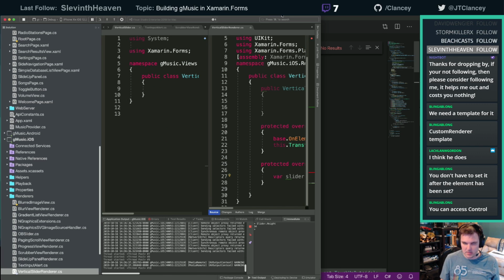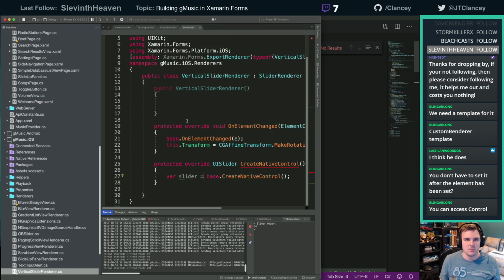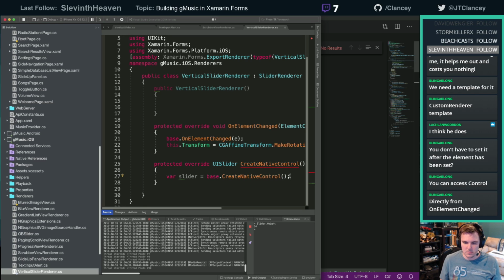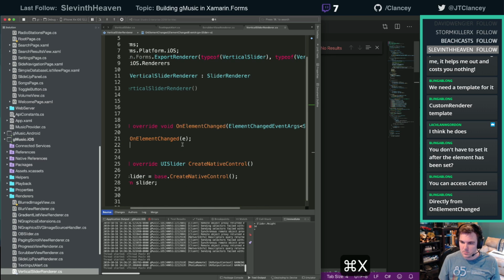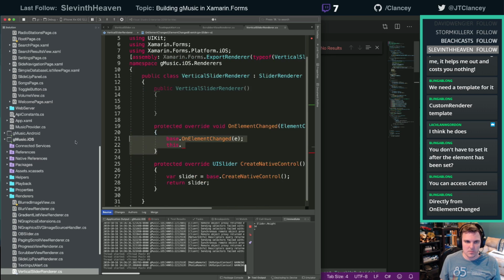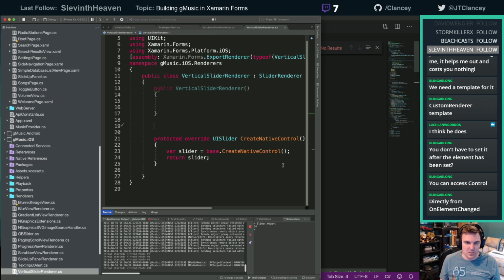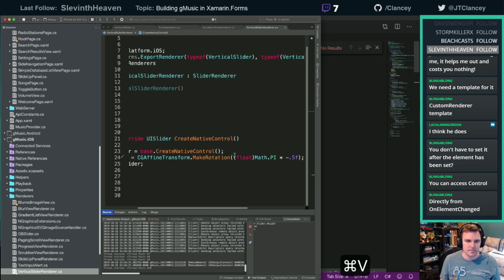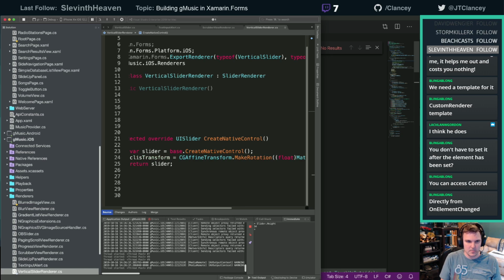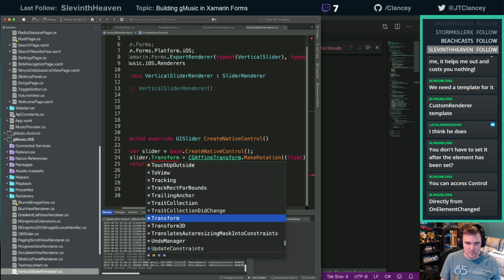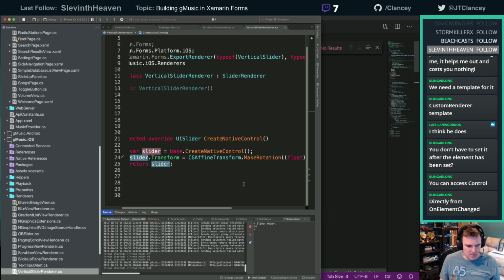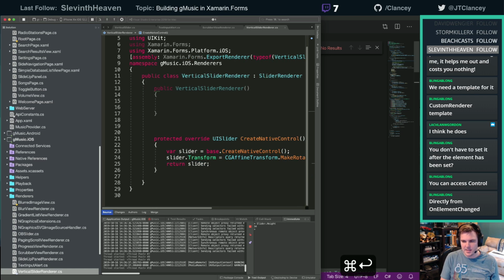Oh, wrong button. And I don't even know what button I pushed. Let's just do this when we turn the slider. All right, looks good. See what that does.